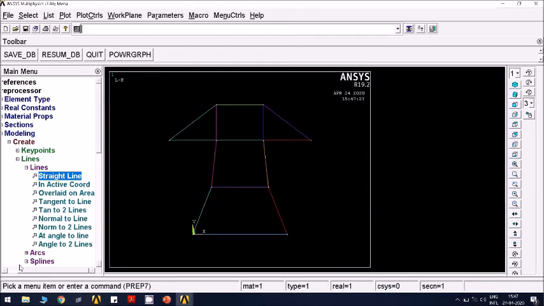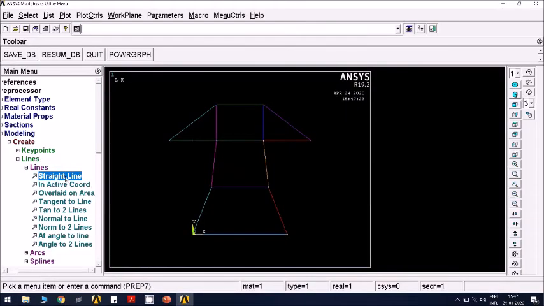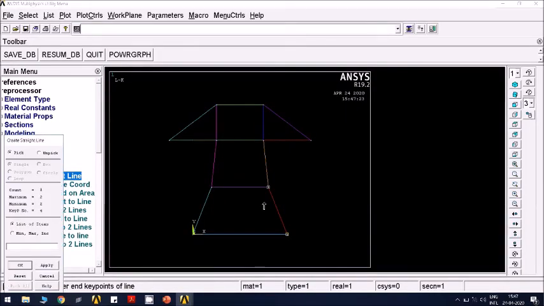So this is the geometric model, and I think I missed two more lines. Yeah, one is from here to here.